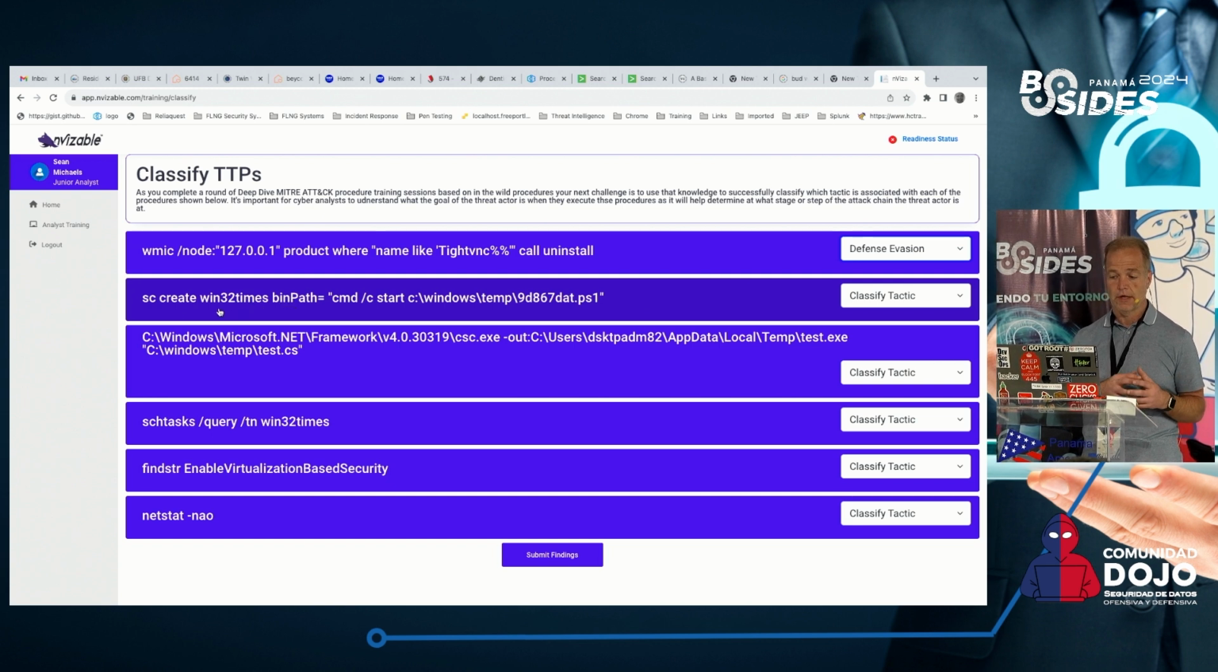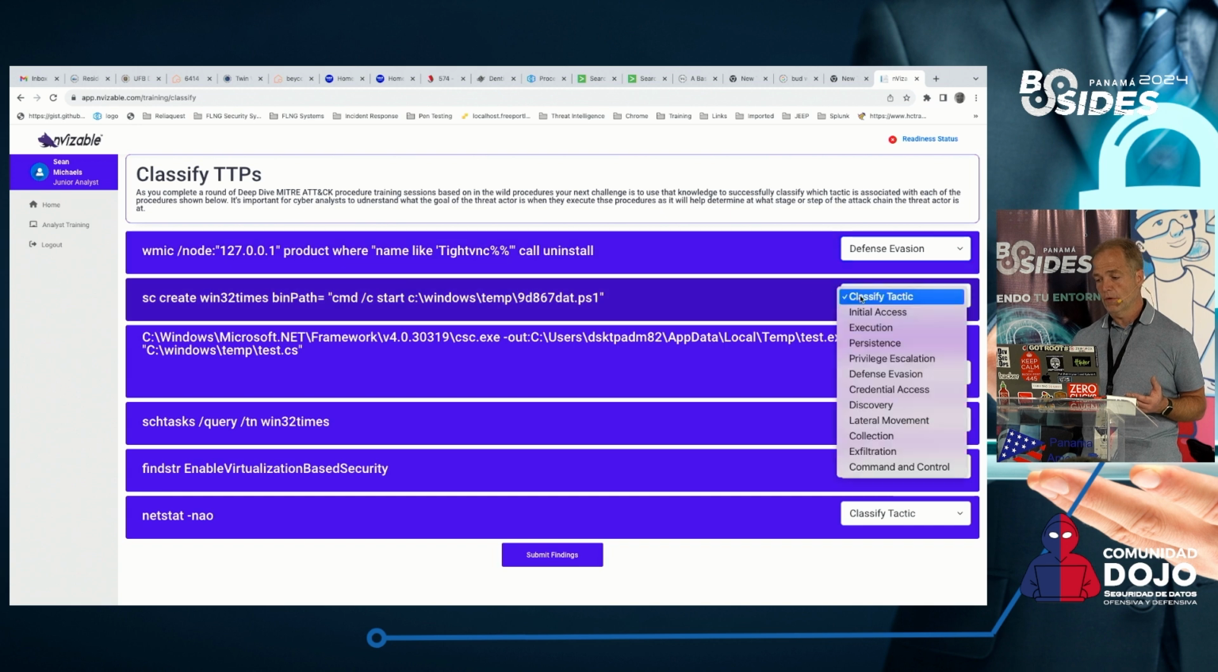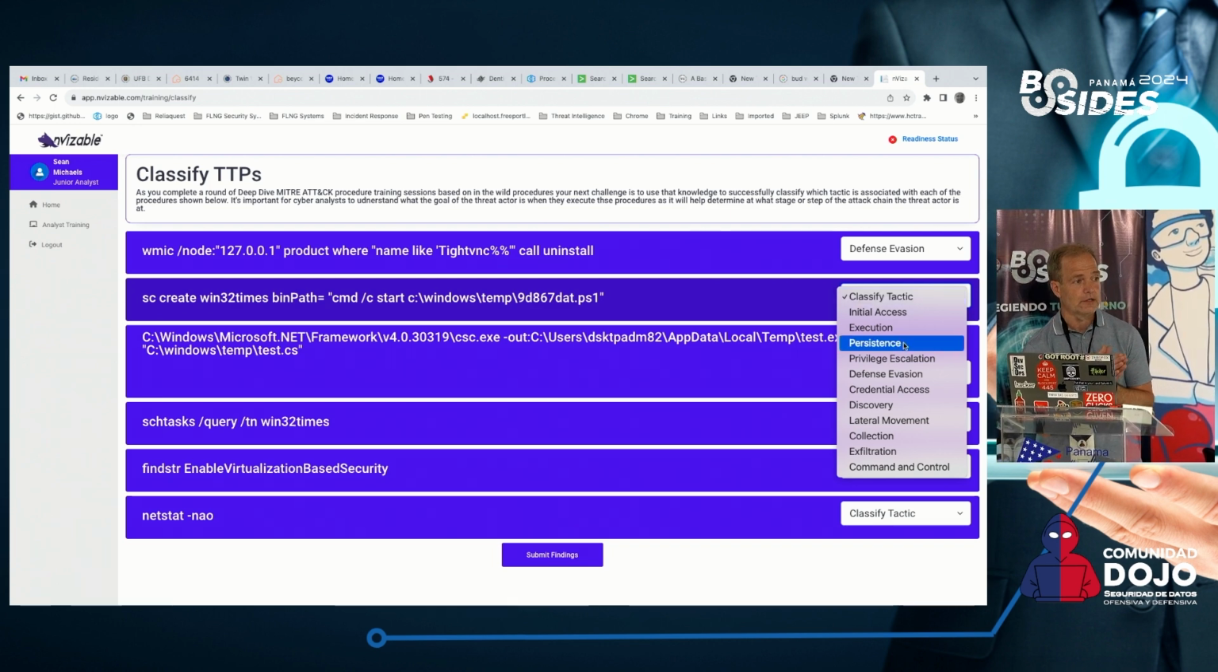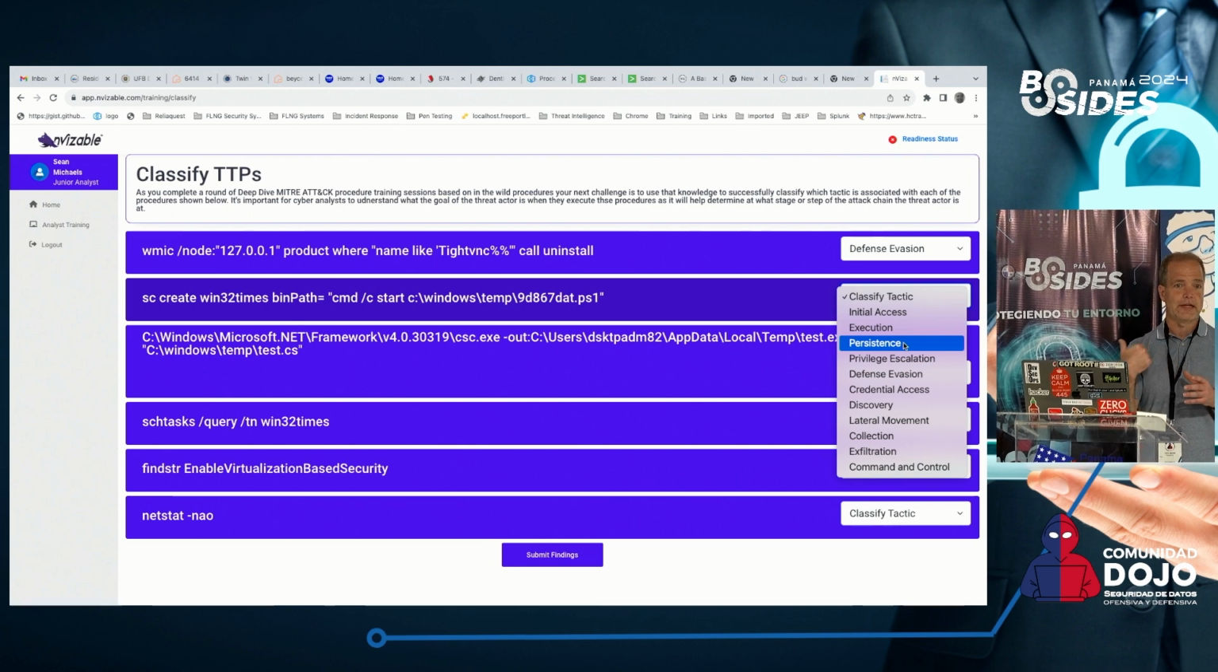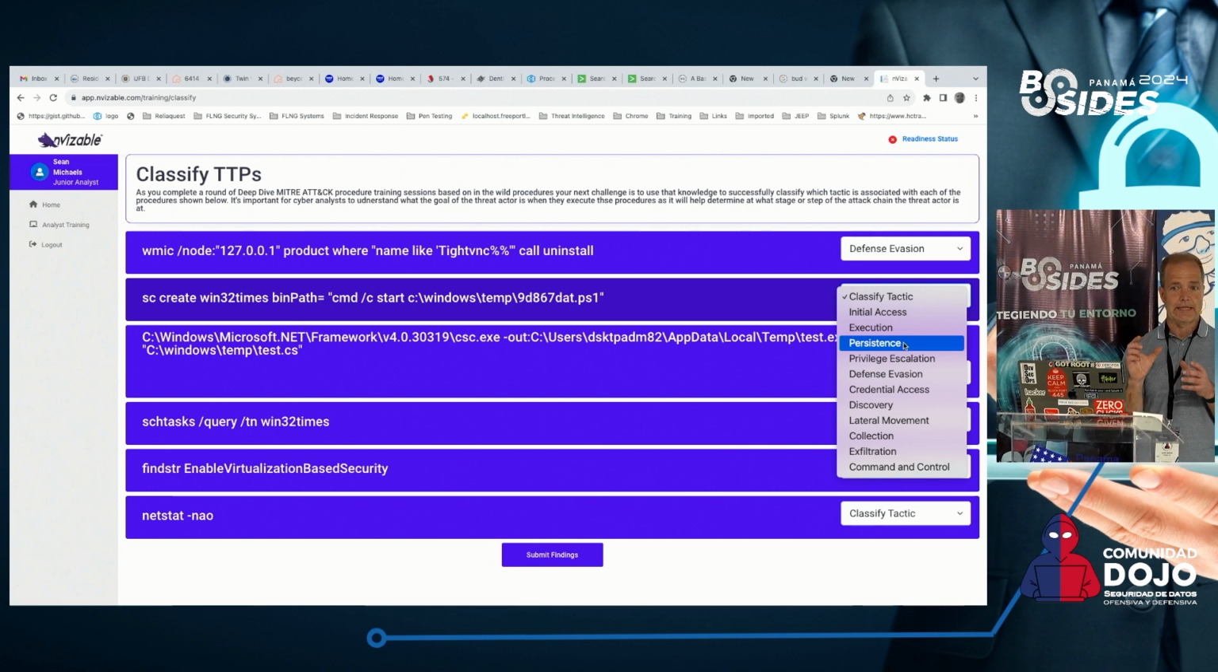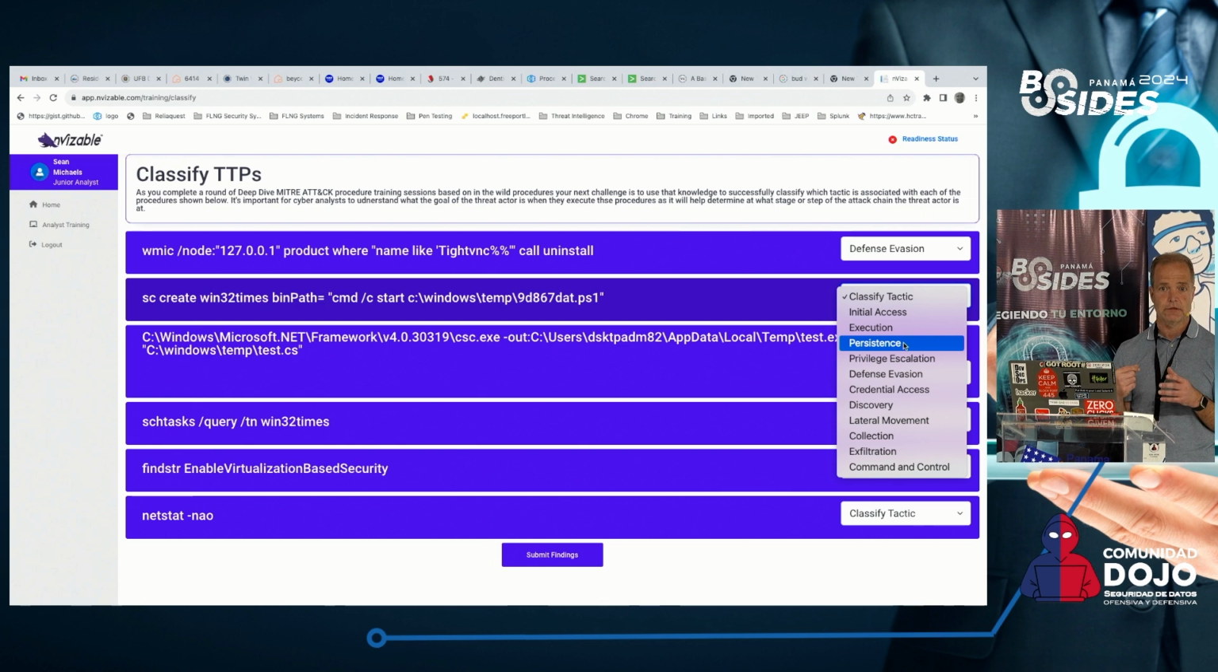So this is trying to create a new service. So what are they trying to do? Does anybody in the class want to take a guess? Close, but they're trying to do persistence. They're trying to set up a scheduled task. So if that system gets rebooted, that task is really one of their commands, and it will give them a